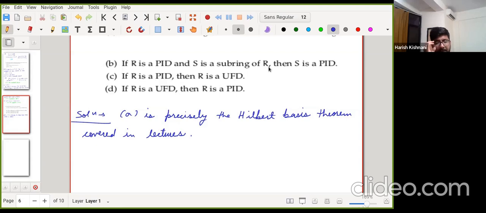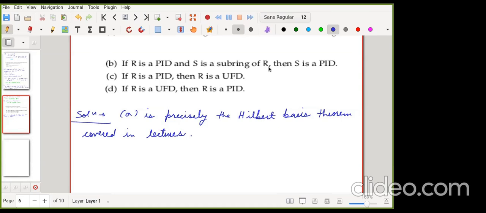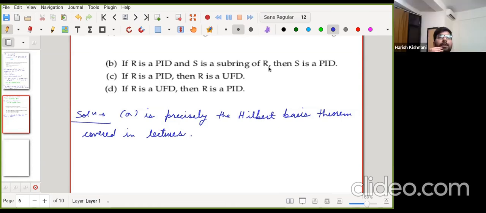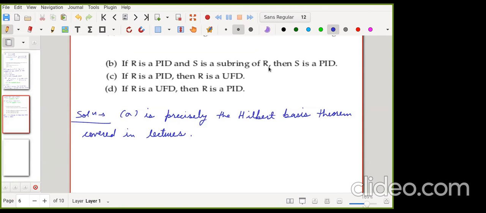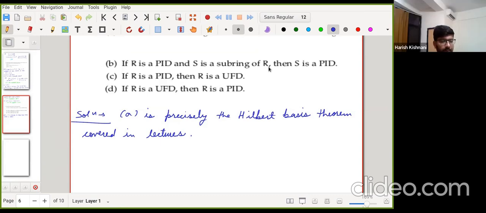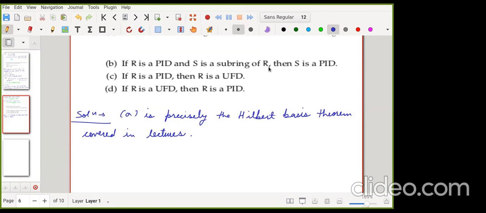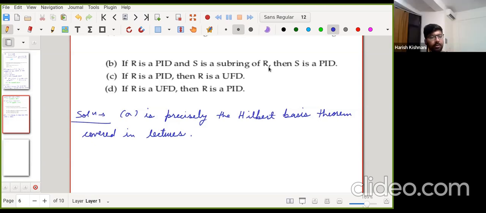Instead of Z, if I replace it with some nice ring, then whether R[x] is a PID, polynomial ring is a PID. You mean R is a field. Yeah, if you replace it with a field, then R[x] is a PID, right? Now try to embed Z[x]. Any field with the x is a PID. It's a PID. Z[x] is not a PID.